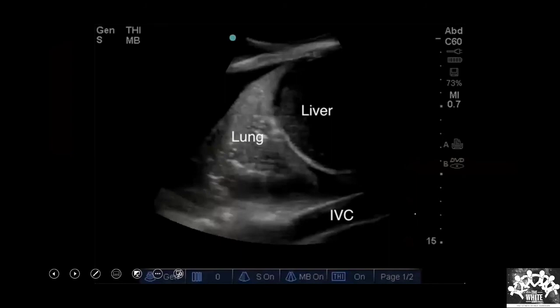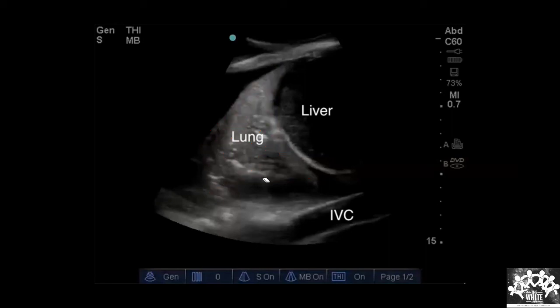What do you think the diagnosis is in this one? Whoever tells me the complete diagnosis has understood. The liver is not appearing brighter because the angulation is not proper. Forget about the liver. First tell me, what is this structure? It's a diaphragm. Good. Now what do you think this structure is? It's lung.